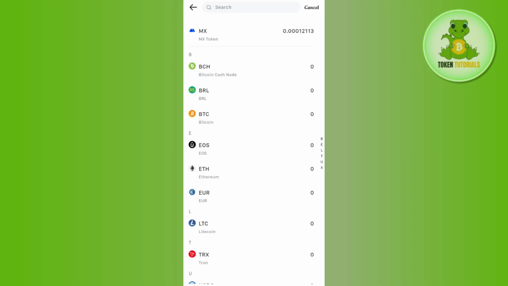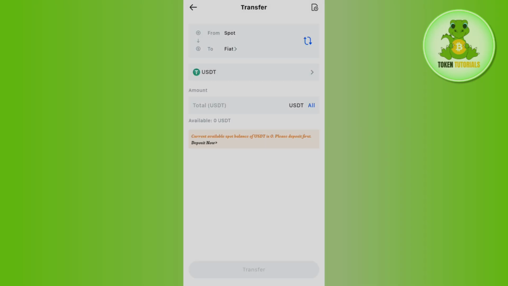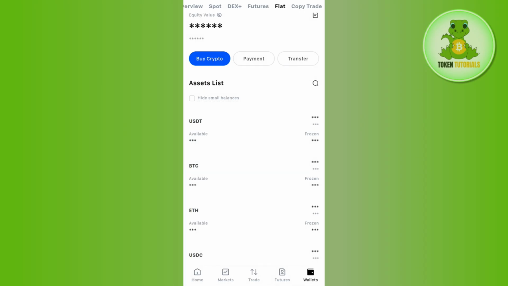Here in the currency, if any other currencies is selected, you need to simply select USDT from this list, and then you just have to enter the amount of USDT that you want to convert to fiat. After that, you need to simply tap on the transfer option, and then in your fiat currency you will be